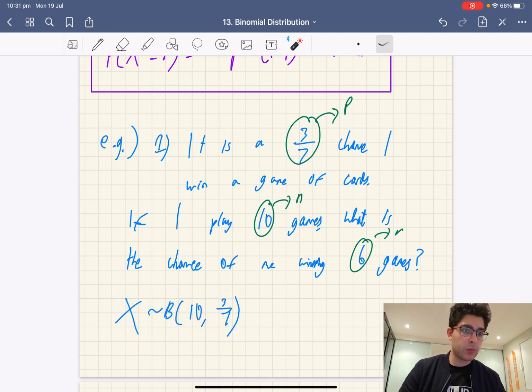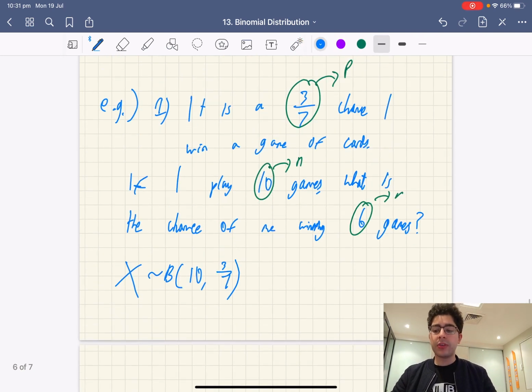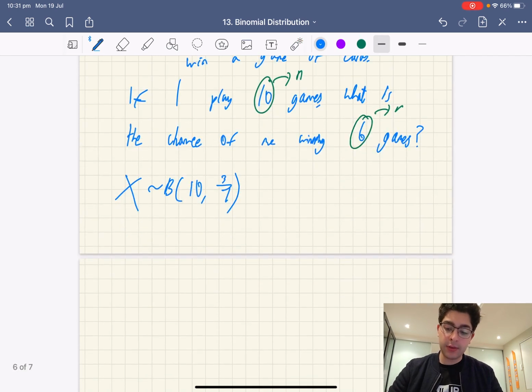I just want to quickly check that notation. Yep, good. Now we need to find the probability of 6 successes happening. That would be labeled as the probability that x equals 6, and that's going to equal